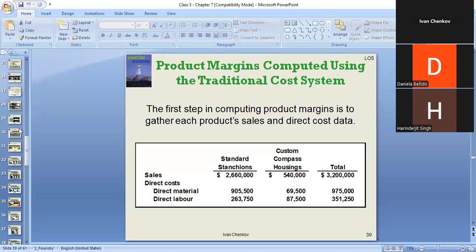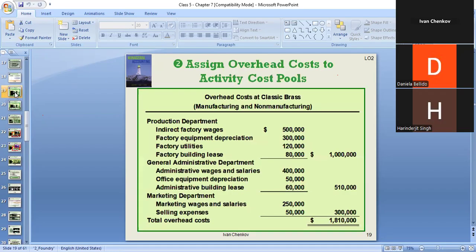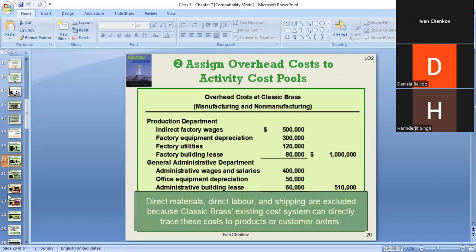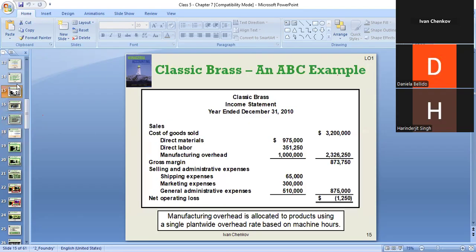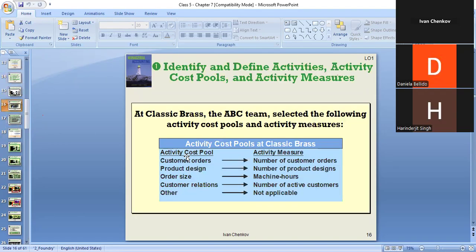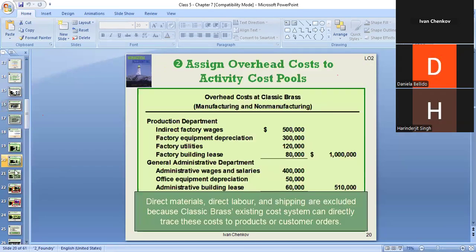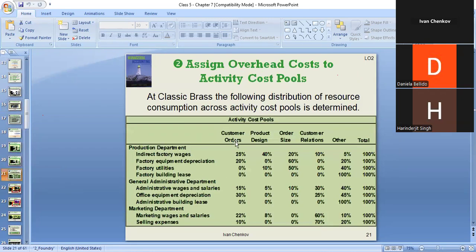That's why the whole idea here was to come up with this cost and find out how much of this cost is used, and then we come up with the activities. Once we come up with the cost that we actually have, we come up with the activity cost pool and how we measure each activity. And then once we have this cost under each activity measure, we're going to come up with the percentage